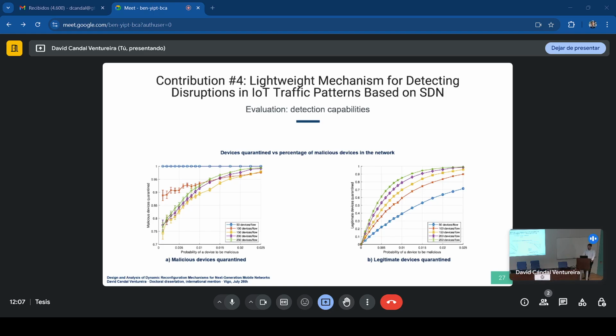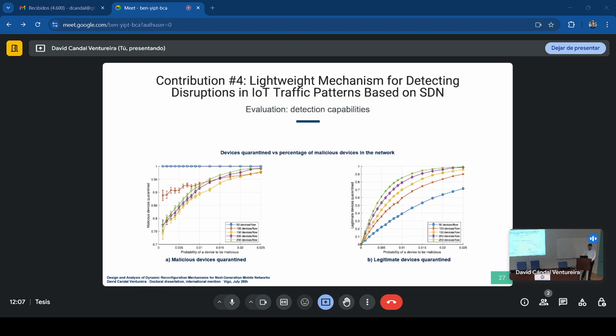We use the information from the literature regarding real traffic behavior, including payload size and transmission frequency, for 4 classes of end-to-end devices that are typically used in industry. And these two graphs are just an example of the results we obtained. They show the amount of data flows that are sent to the quarantine slice as a function of the amount of malicious data flows. As shown, under any configuration, most malicious data flows are sent to the quarantine slice.